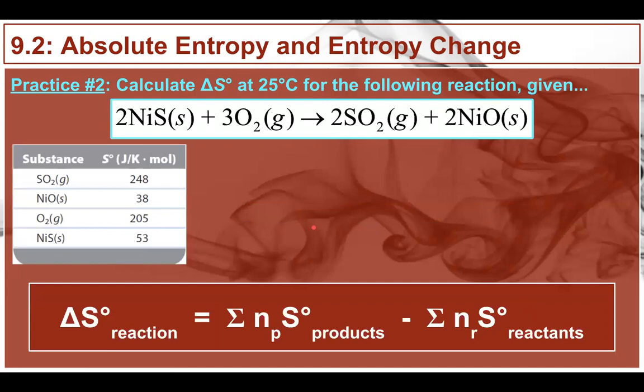Now practice number 2, why don't you try that out on your own? Do the same thing that you did before, but for this, you will use different values based off of a different reaction. You'll be able to find the answer in the notes in this document, and that's all